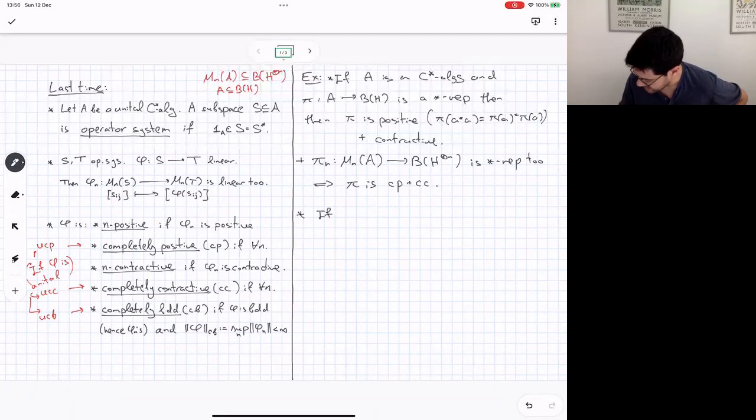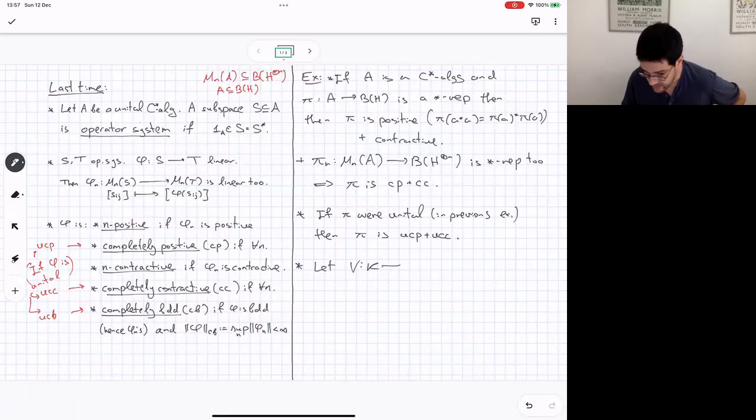If pi were unital in the previous example, then pi is UCP plus UCC. But now, let